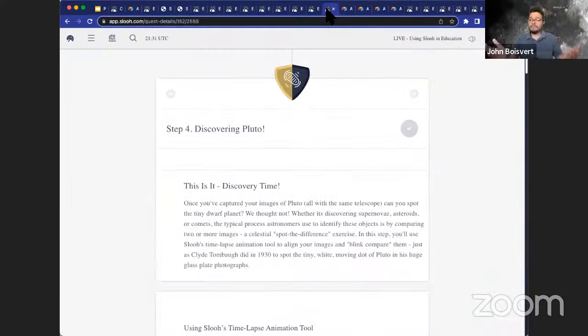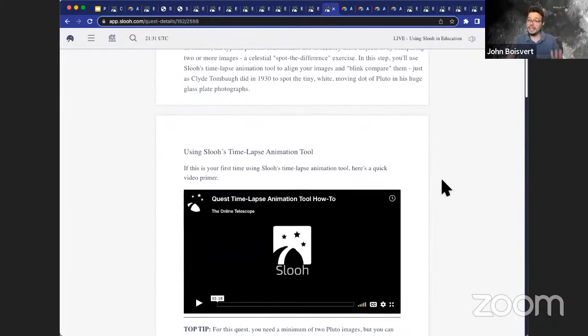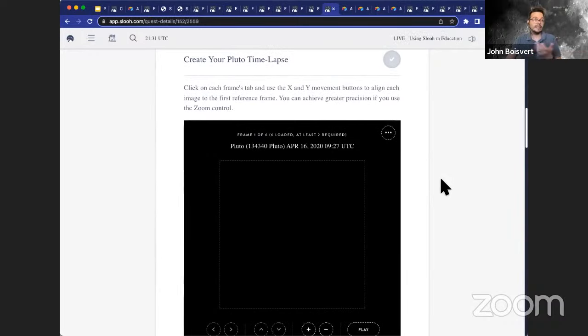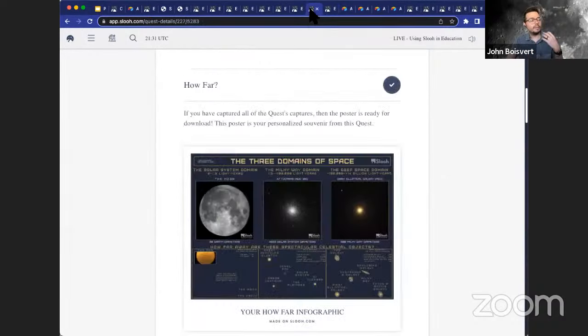Even though we're talking about all new questions, new things, we still have our really awesome features, like, for example, making animations. So you'll still see those in our quests and in quests to come, which are going to be awesome. I'm also trying to write more questions that involve students using their infographics to answer questions.